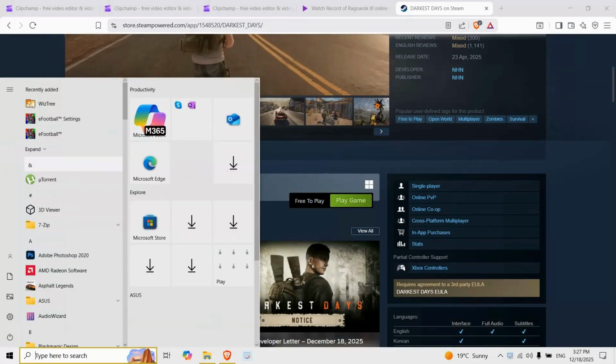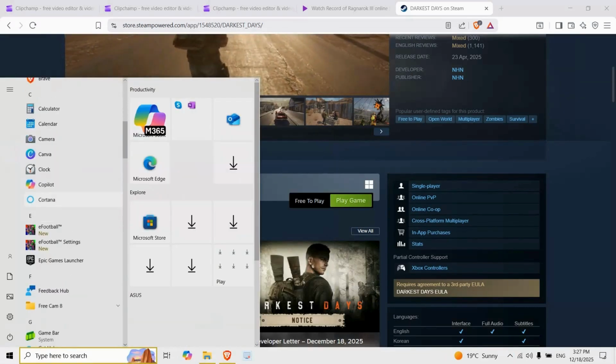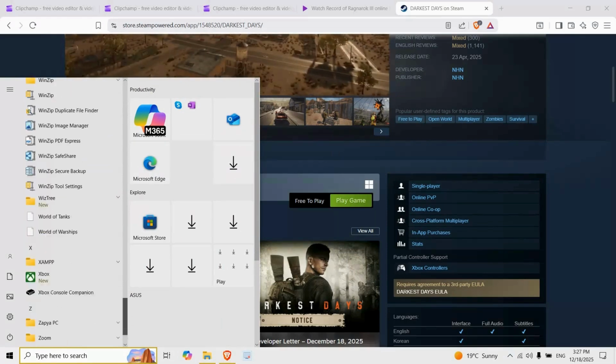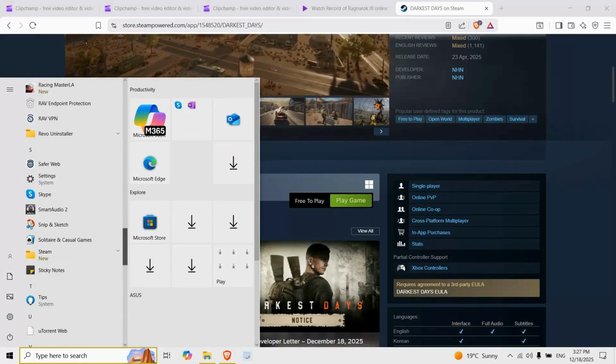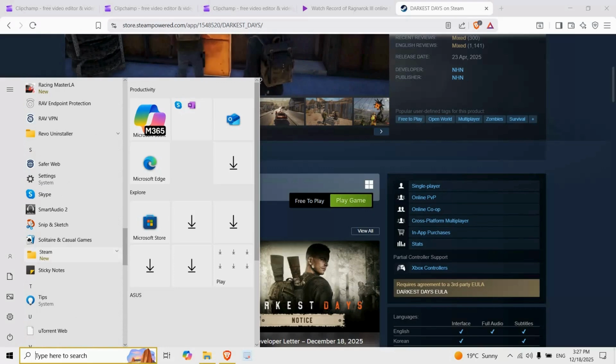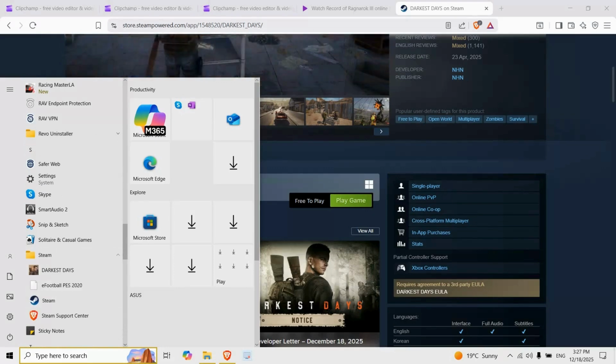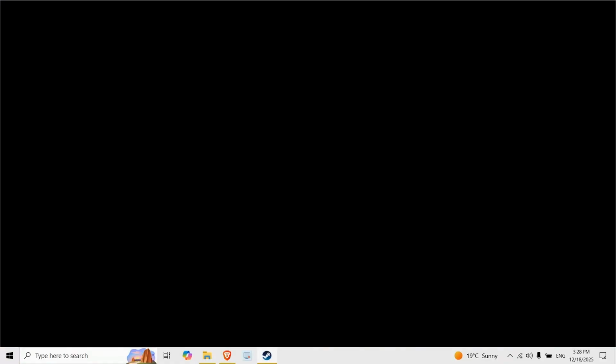Once the launcher is installed, it will begin downloading the main game assets. Once complete, click play. If prompted by a firewall, allow access so you can connect to the multiplayer servers. You're now ready to enjoy the